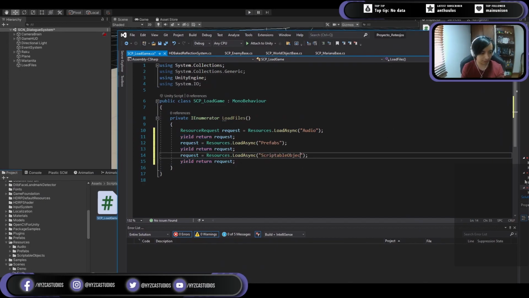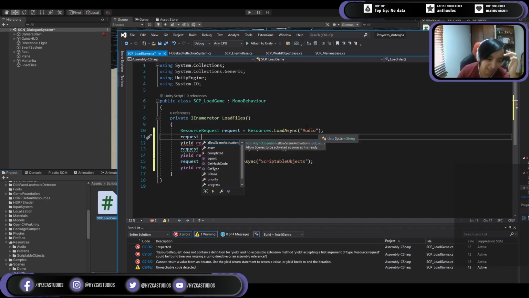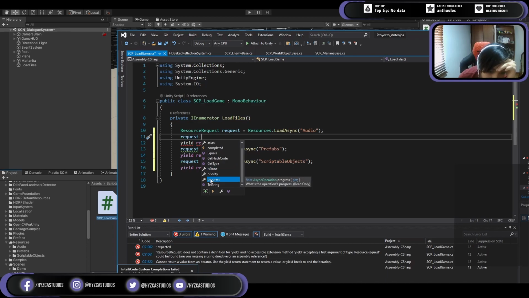Scriptable objects. It's a shame that you cannot get access to the request that like the time or something is done progress. Oh, interesting. That's actually very cool